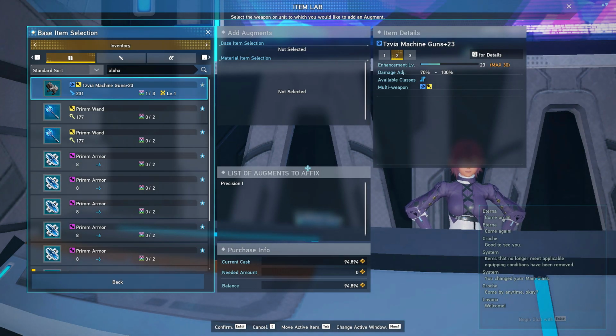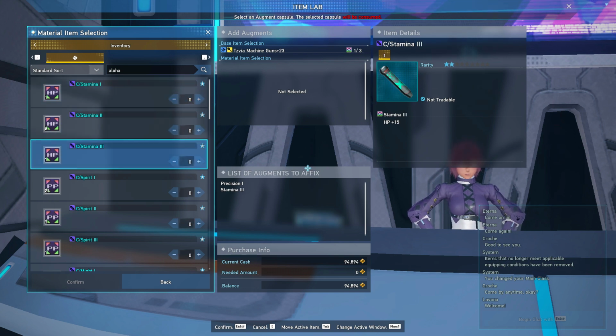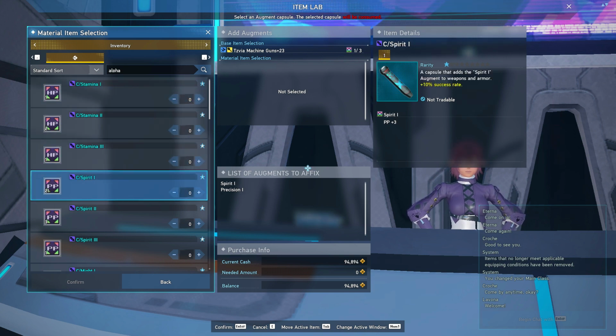Now, this is where it gets pretty easy, honestly, compared to the last one in PSO2. So as you can see here, you have stamina 1, and you have a 10% success rate on the side. Now, because I only have 1, I'm not going to use this as an example, but instead we're going to go to Spirit, where I have 21 of them. Now, the max you can use on one weapon is 10. And you're asking me why can you use 10? So let me just